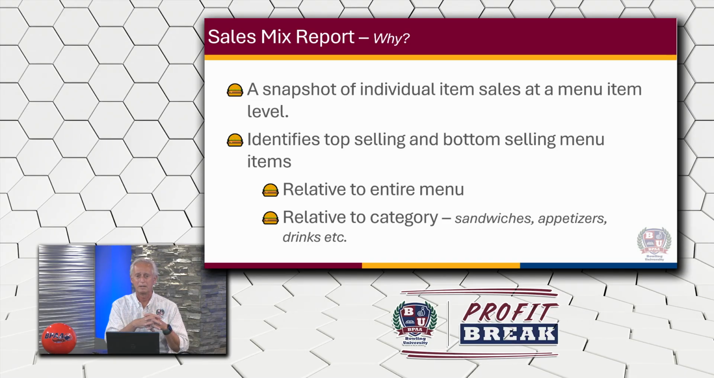What don't they like? Okay, so within that, it's relative to the entire menu, but then it's broken down even further, and you're going to say within a category. For example, you should have a category of sandwiches, or maybe you have it broken down even further, but let's just go with sandwiches for right now. Appetizers would be another one. Drinks would be another one,